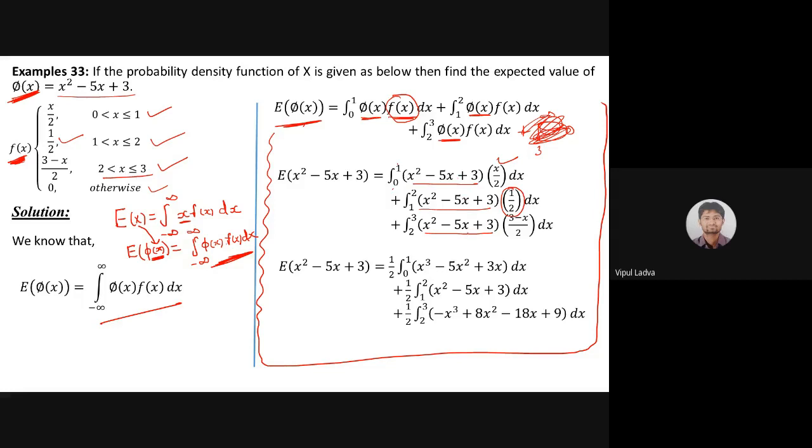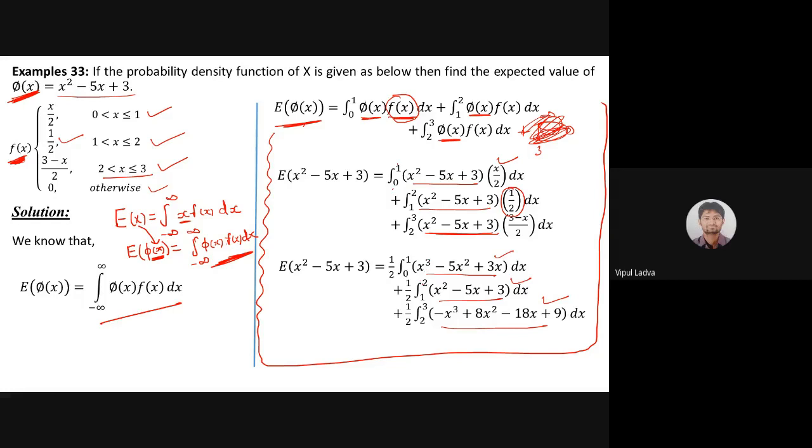So phi of x कहीं पे चेंज नहीं हो रहा है, चेंज हो रहा है सिर्फ f of x. Simply इसको बस मल्टीप्लाई करना है अंदर, जो मल्टीप्लाई करके जो भी आ रहा है that will be surely a simple polynomial, और polynomial का इंटीग्रेशन करना कोई बड़ी बात नहीं है. There is just a simple simplified version. देख सकते हैं आप, हर एक जो इंटीग्रांड है वो पॉलिनोमियल है, और पॉलिनोमियल का इंटीग्रेशन बहुत सिंपली हम कर सकते हैं.